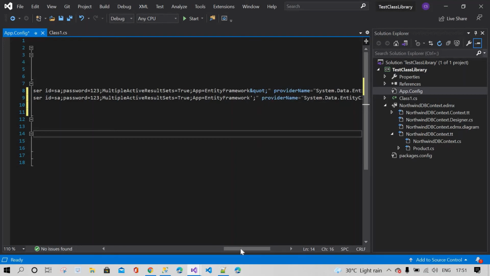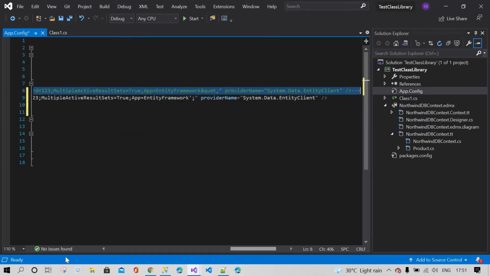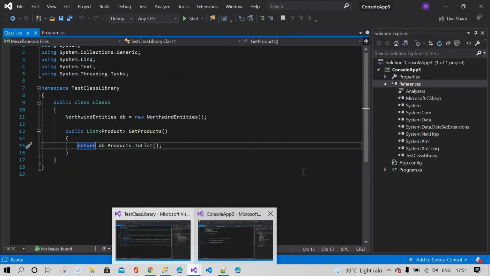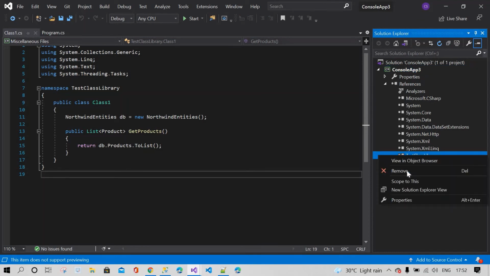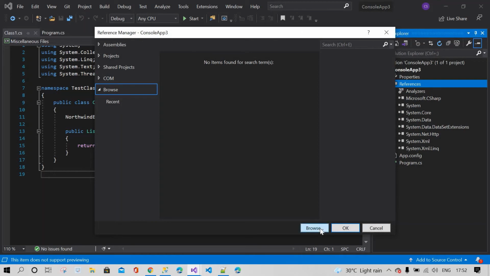You have to remove it, otherwise your application doesn't load and your connection string doesn't work. Now again we will build the application, and it succeeds.